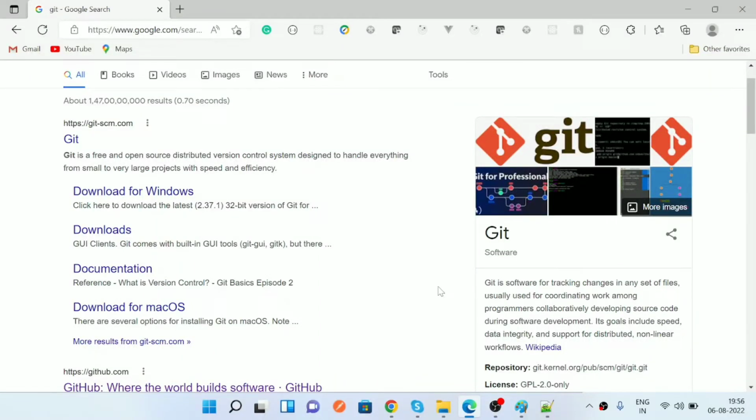Hello everyone, in today's video we'll see what is Git and where it is used. So before going to learn about Git, I just want to show you something, okay? To give you a better understanding,